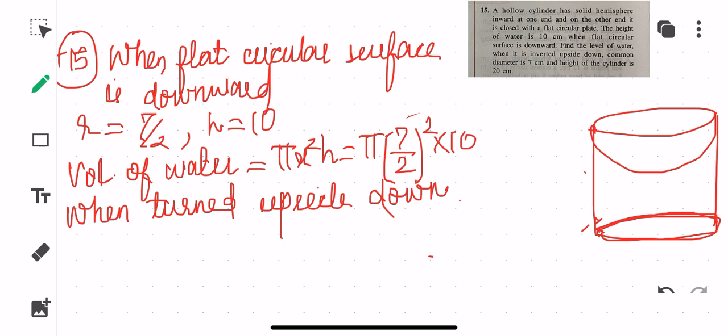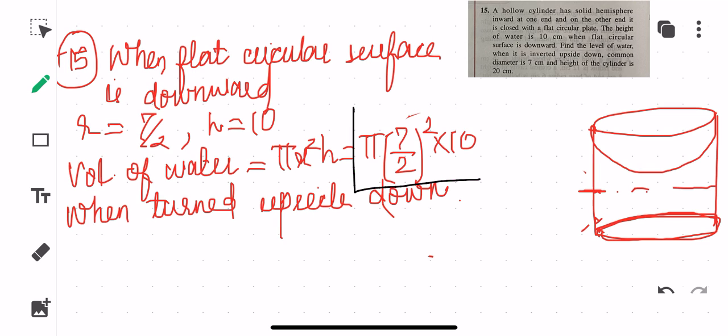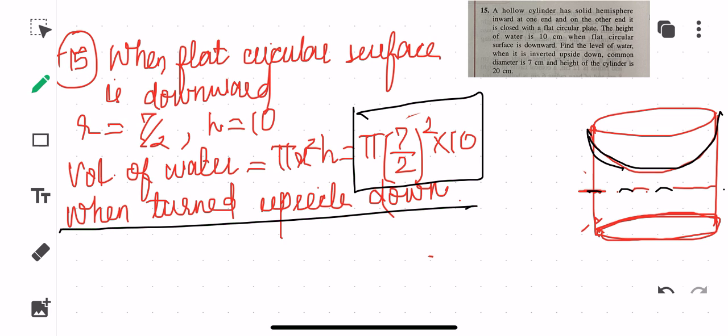let the water level be H. Now what you will be doing, children, when we are turning upside down, of course we'll be taking whatever water is there up to this height, and the volume is going to remain the same ultimately. This is my final volume, but from the height it is attaining, you have to subtract the volume of this particular hemisphere. So for this you will be writing volume of water, which you can take as equation number 1, children.